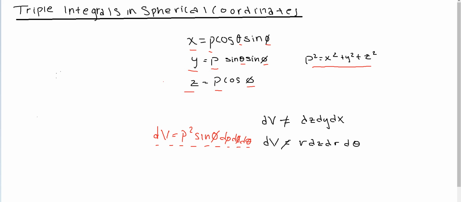It's important to note that when we write this integral out, we're going to have bounds that look like the following. We're going to say that a is less than or equal to rho is less than or equal to b, and that means we're normally going to have integers or numeric values to represent rho, so 1, 2, 3, 4, etc. Now we are going to have alpha is less than or equal to theta is less than or equal to